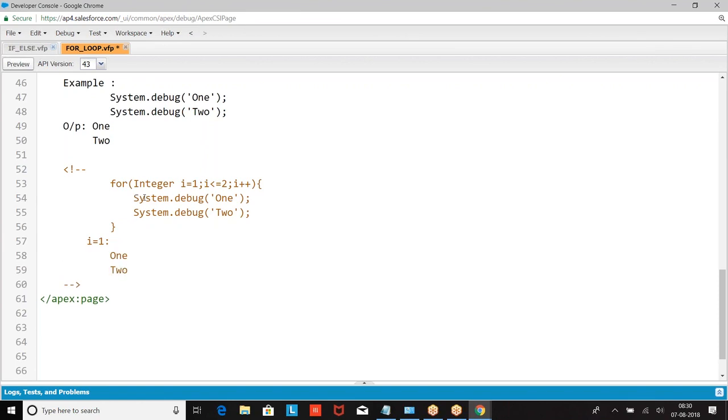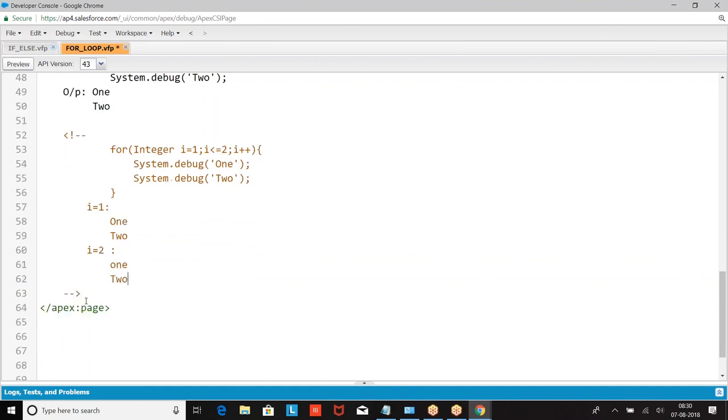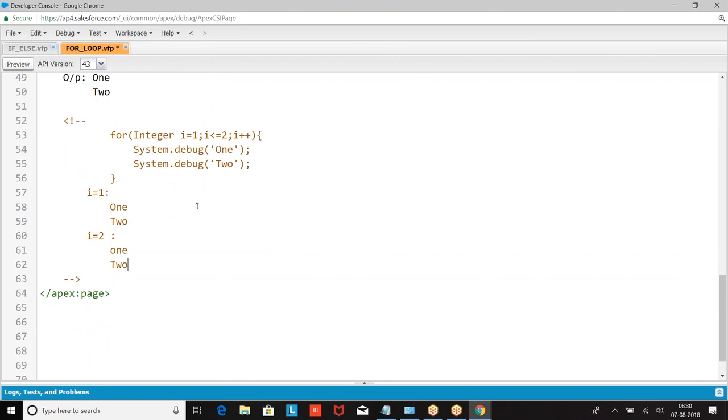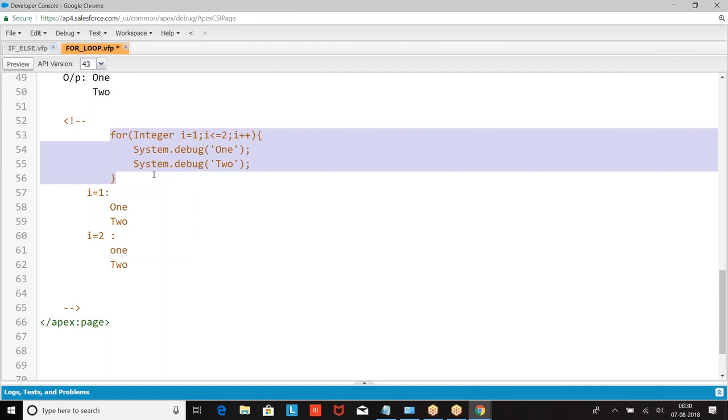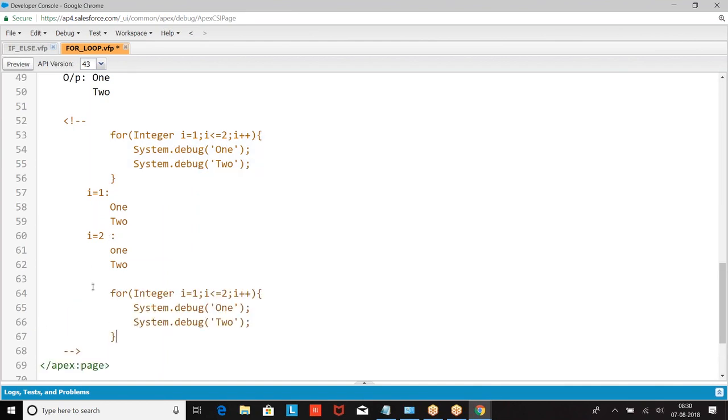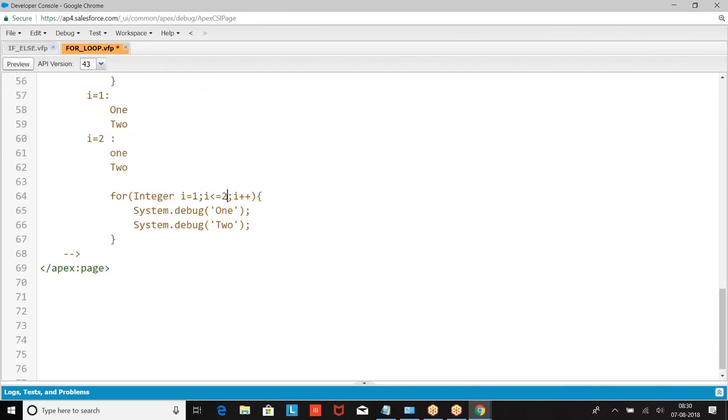Everything is completed. Then again we go to the for loop. What is the value of I? I equal to 2. What is the output we are going to get? 1. What is the value of I now? I equal to 3. The condition is false, so stop the operation. Same thing if I give the same loop: for I equal to 1, I is less than or equal to 3, I plus plus.